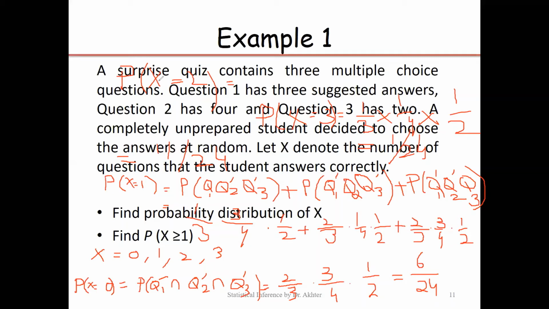And you can calculate for X is equal to 2 because all of such possibilities we have to add. 1 correct, 2 correct, 3 incorrect; 1 correct, 2 incorrect, 3 correct; 1 and 2 are correct, but 3 incorrect. So these 3 possibilities are to be added, then we have the probability of X is equal to 2. Have you done it in this way or did you use another technique for solving this question? So the same technique. Okay.